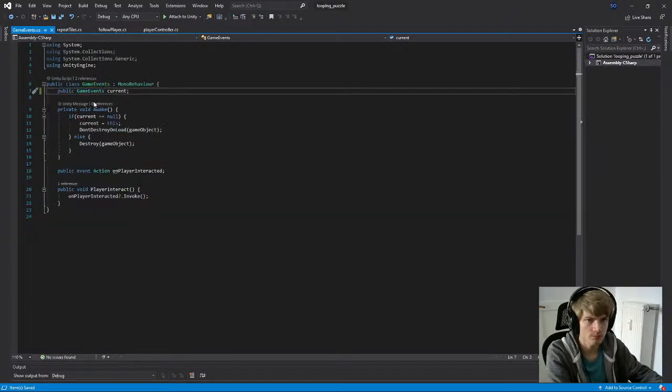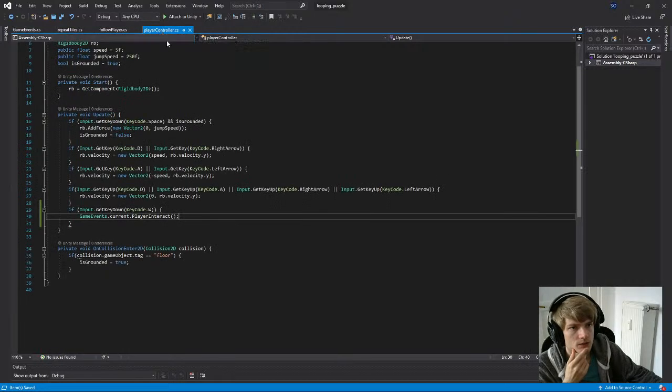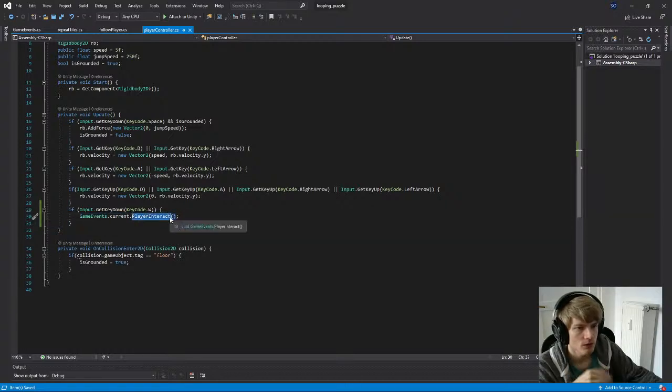And let me make it public static so that it doesn't get destroyed. Exactly. Okay. So GameEvents.current.PlayerInteract, so it just invokes the interaction code. And then basically here,